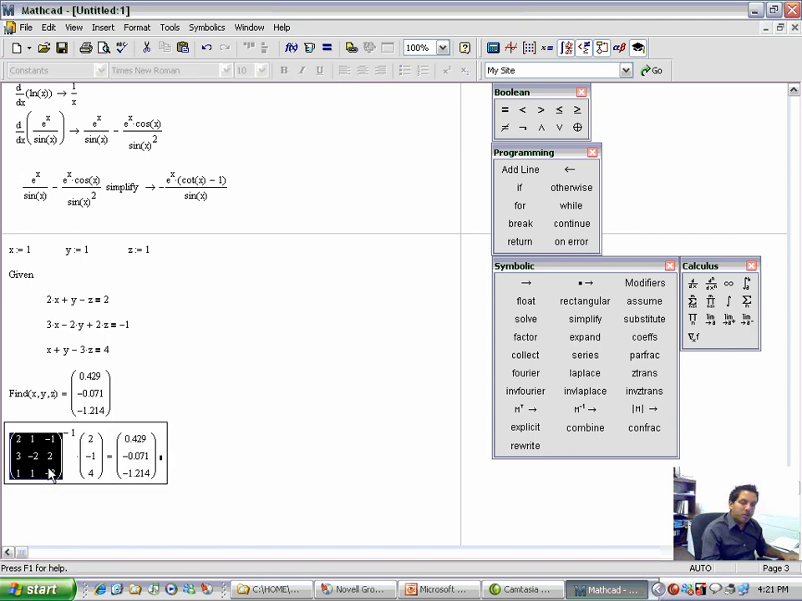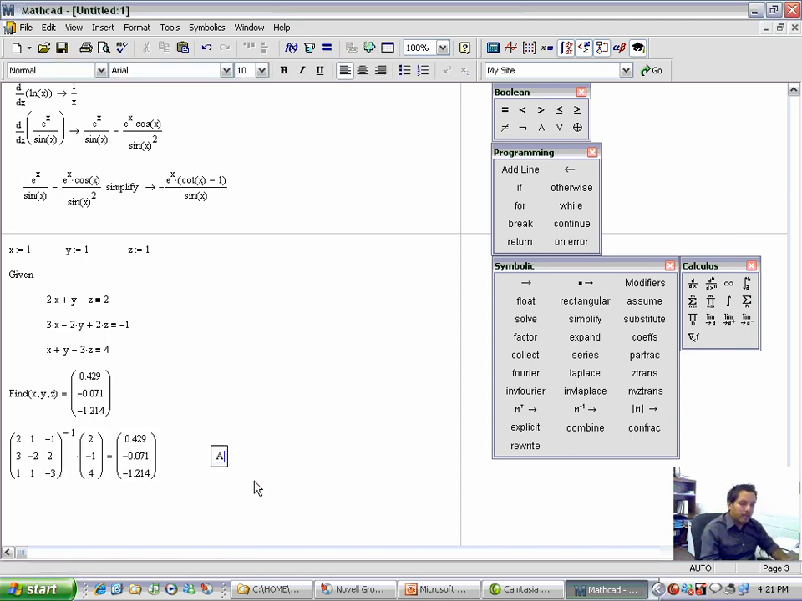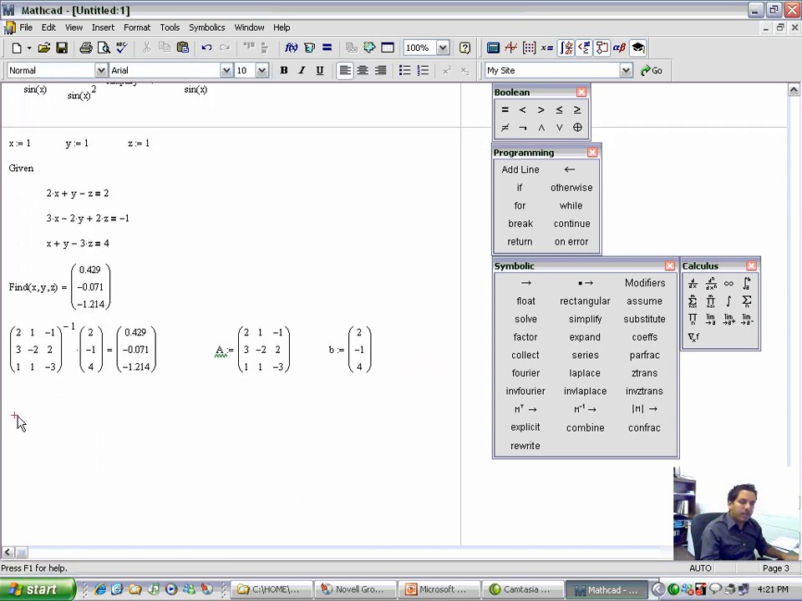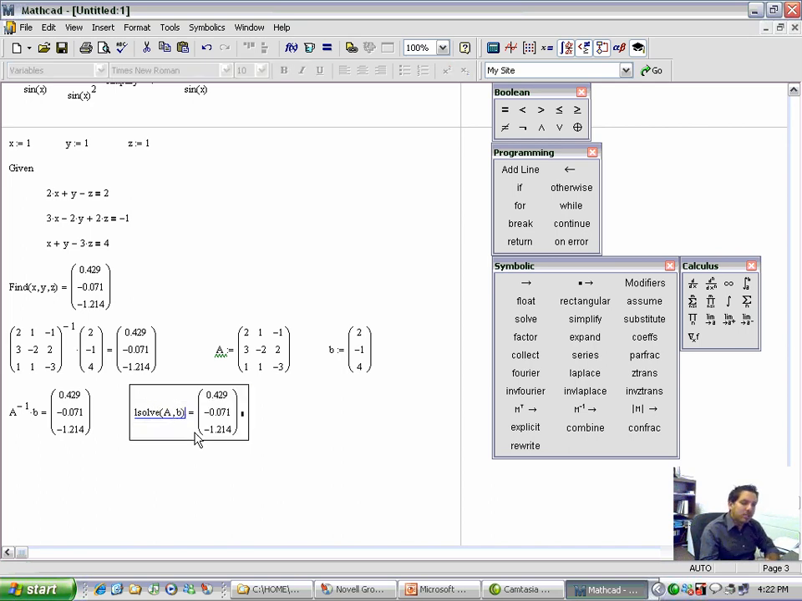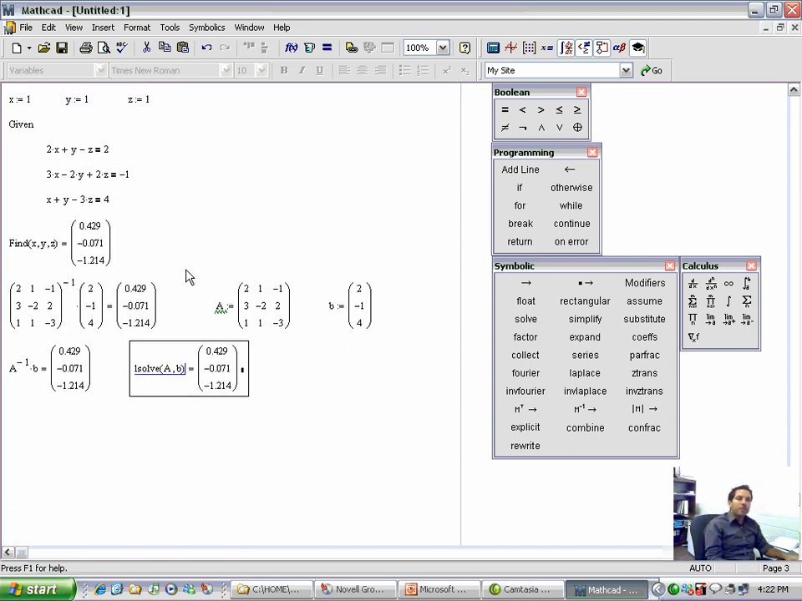Or you can just name this one A, this one B, and just simply say how much is A to the power minus 1 times B, and there's your solution. Same thing. Or what is the linear solution, lsolve, of A comma B? It's exactly the same thing but faster. 0.429. So you see, it doesn't matter what you do, you always get the same solution. Now what if,